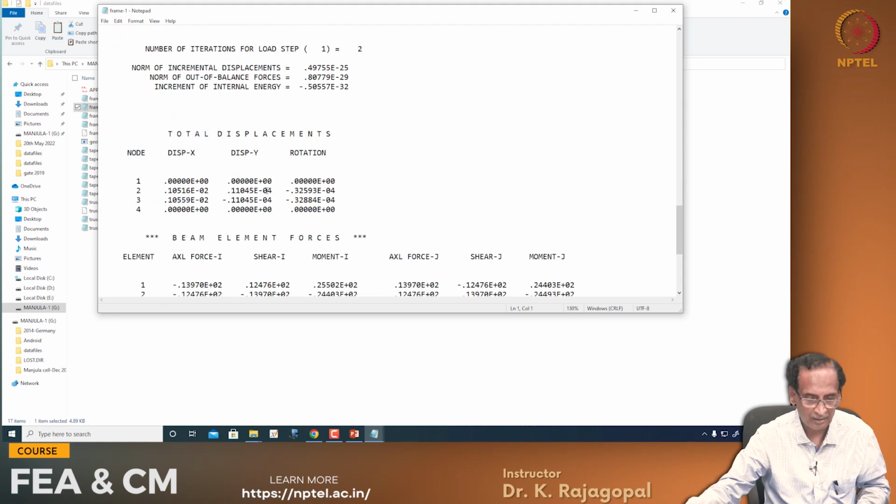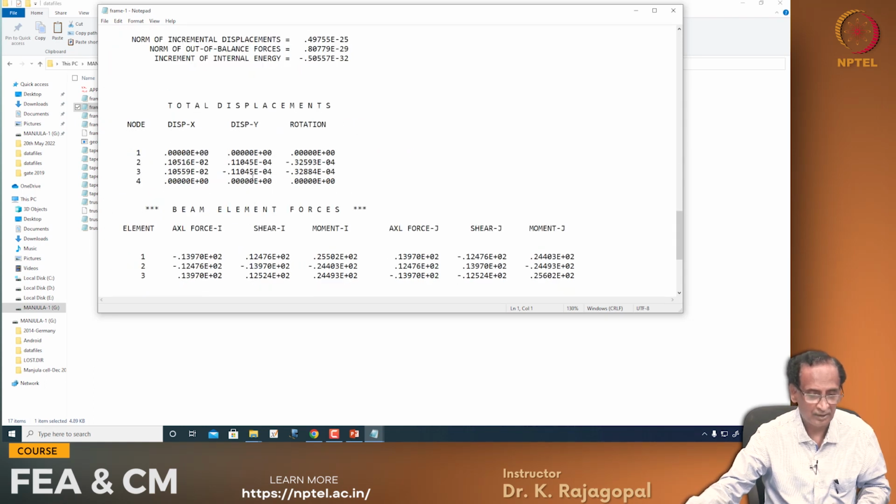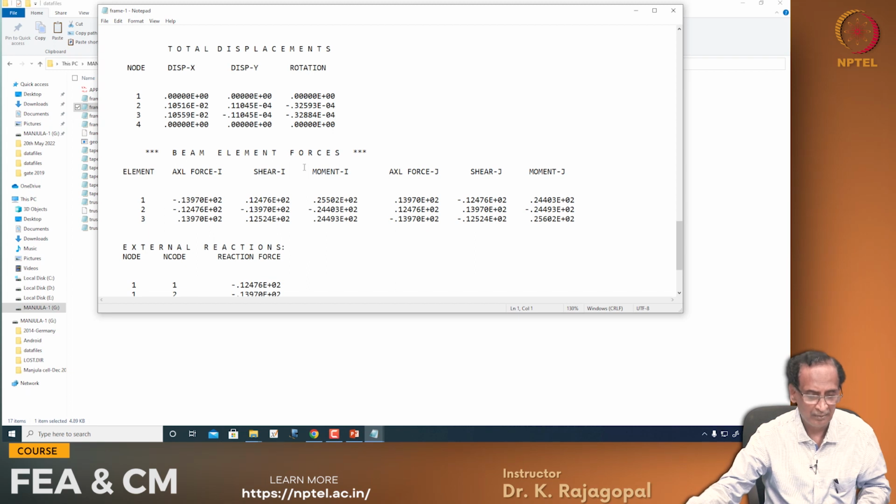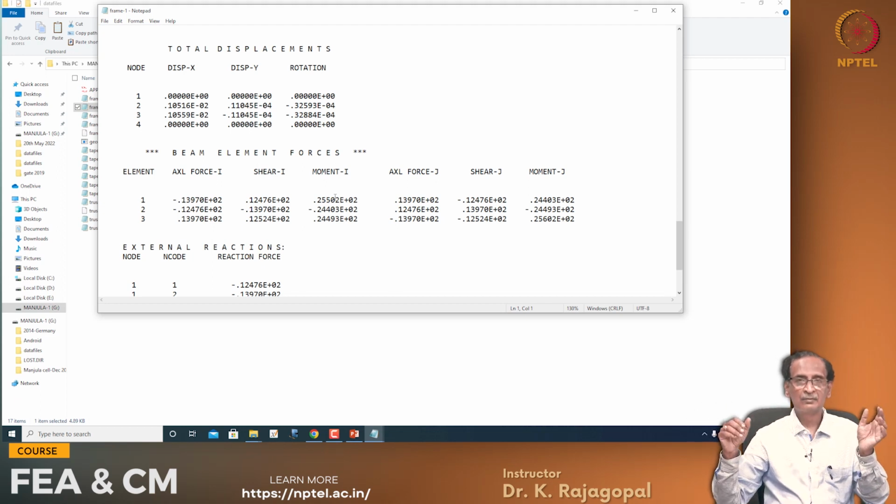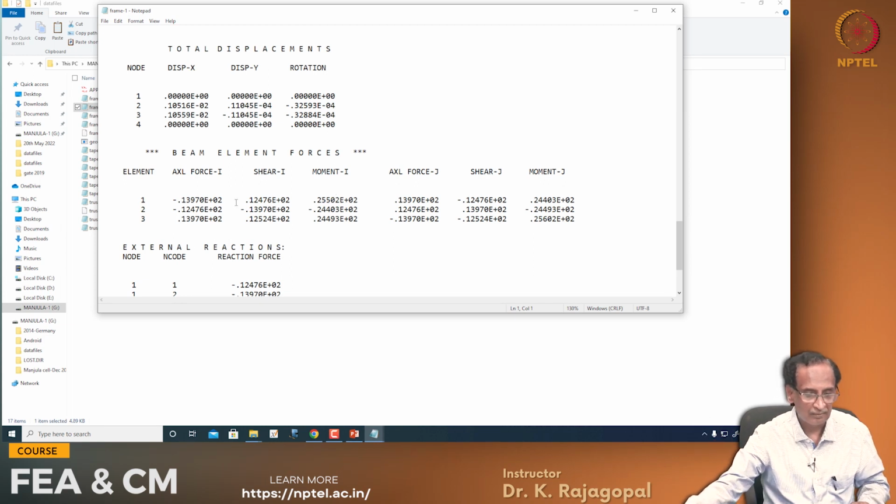And these are the results, the displacements, and then the beam element forces, axial force, shear force and moment at the two nodes,